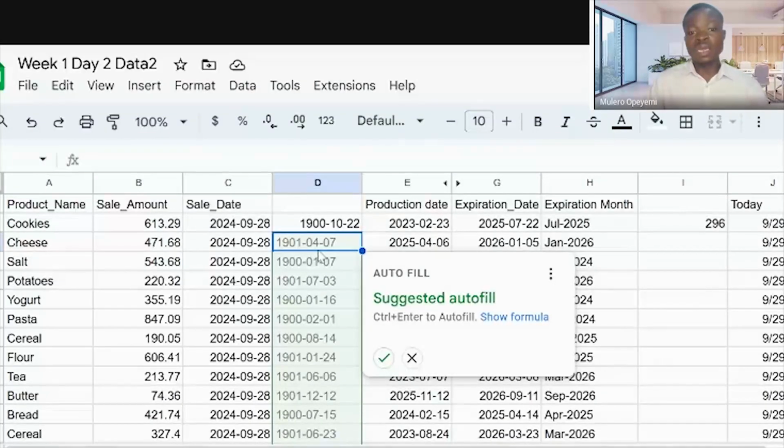I actually wanted a number, but I'm getting a date. The reason is that I inserted a column to the left of production date, and this column is actually seen as a column that accepts just date alone. So automatically, the sheet assumes that the next column I was creating will also be a column that accepts date values alone.